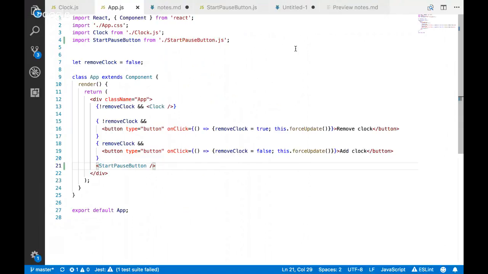So save that. This has nothing to do right now. And then over here, we need to change this, because eventually we're gonna have our state of our